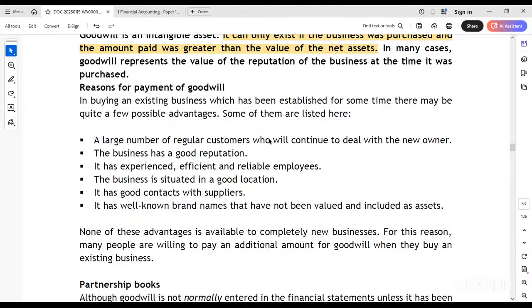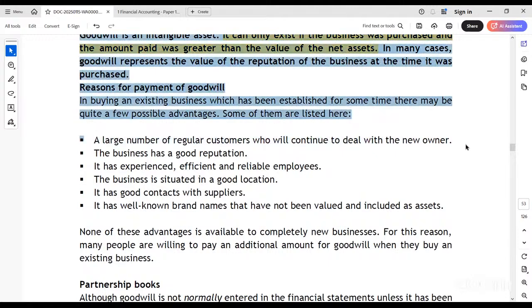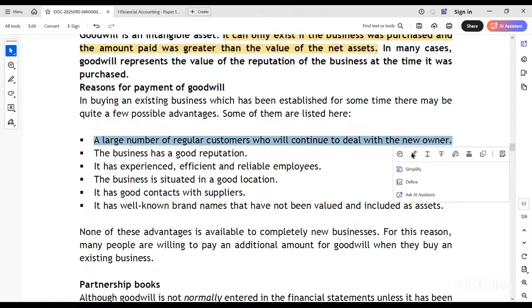Yes, thanks, Kathy. So these are some of the reasons why you may end up paying for goodwill if you're buying an existing business. Number one, a large number of regular customers who will continue to deal with the new owner. So if I'm the new owner and I'm buying your business, we expect a large number of customers to continue to deal with you, the new owner, meaning that we have to also incorporate that as we are selling our business to you. So you have to pay some excess because of a large